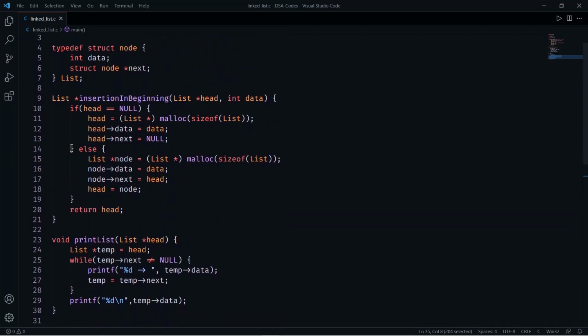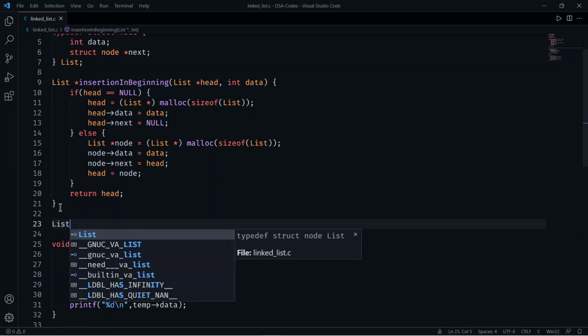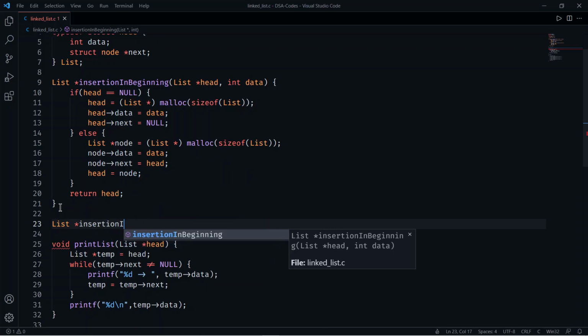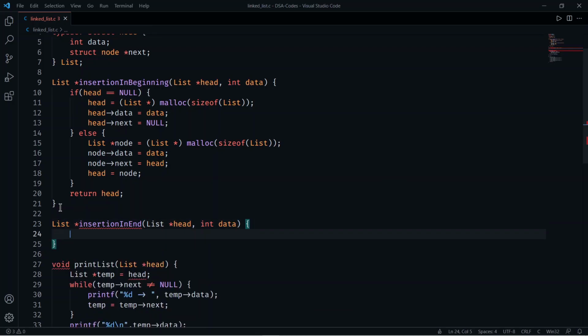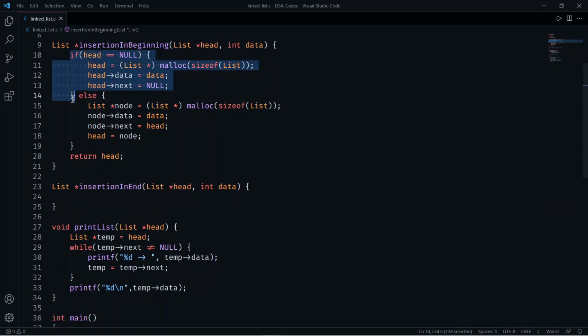Now if we want to insert data at the end, how can we do that? So I will create another method for this, that is insertion in end, and for this we also need the same, the head pointer and then the data, and we also have to check this condition, that is if head pointer equals to null, then what we have to do is the same thing because the list is empty.